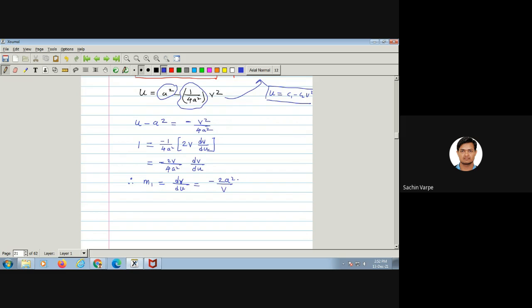Minus, yes, 2a² upon v. So in a similar manner, we have substituted only x equal to a. Let us now substitute y equal to b there. For y equal to b,